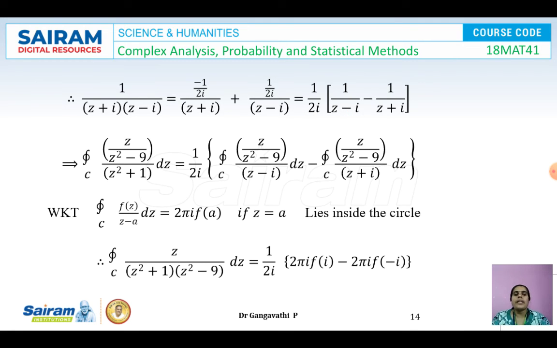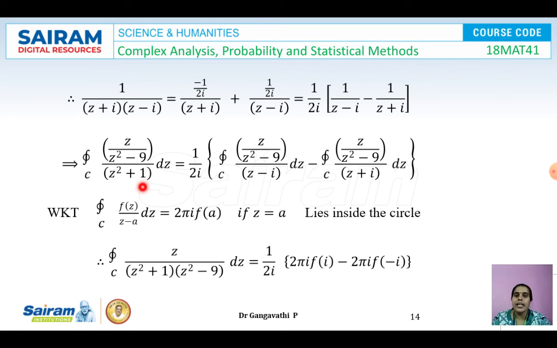Now we can operate the integral formula here. Integral over C of z by (z square minus 9). The term which was not lying inside shouldn't be left as it is. It has been taken to the numerator, so the same integral can be written like this. Since z square minus 9 results in z is equal to 3 and minus 3, where those points don't lie inside, they are supposed to be considered under f of z. So z by (z square minus 9) is the f of z and the denominator is z square plus 1.